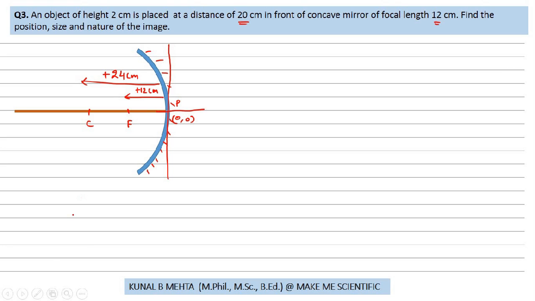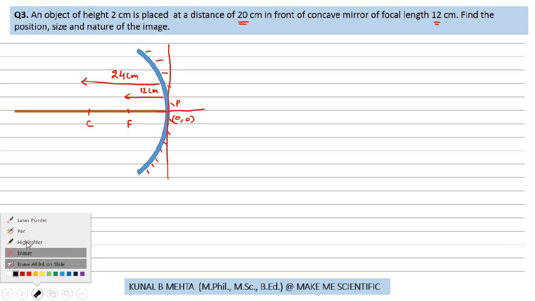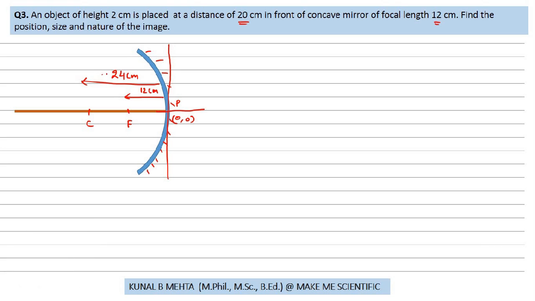I'm sorry, I made an error. As per the sign conventions, these distances have to be negative, because they fall on the left hand side of the mirror. Now the object is placed at a distance of 20, that means somewhere between 12 and 24, because the focal length is